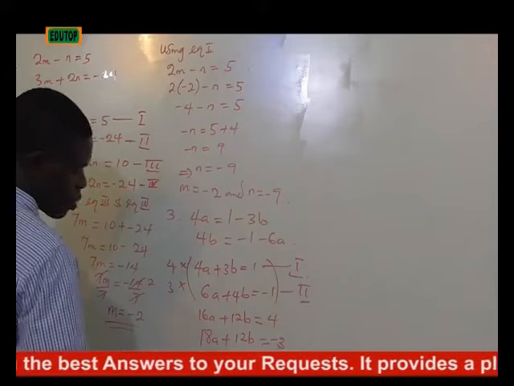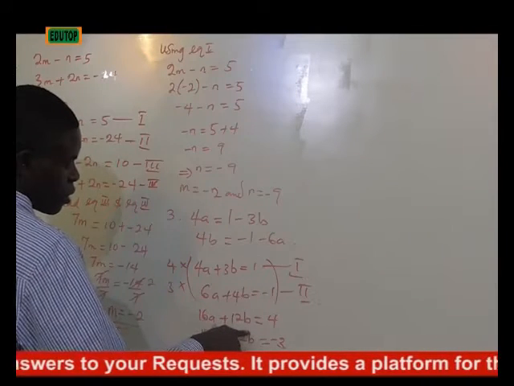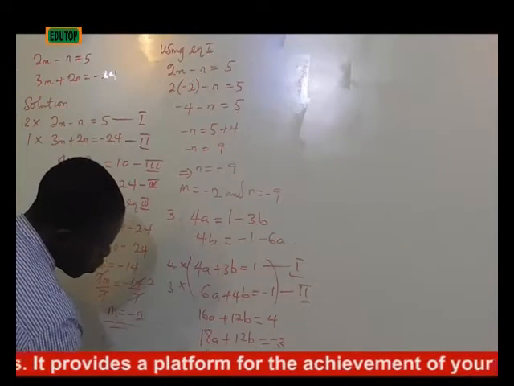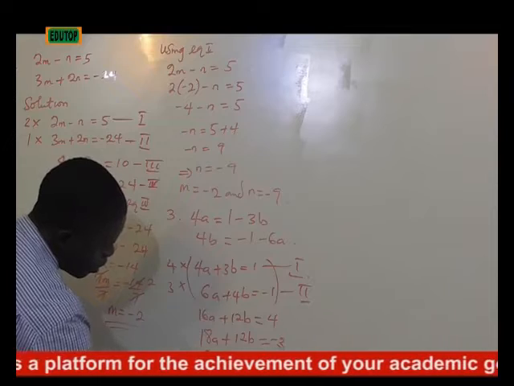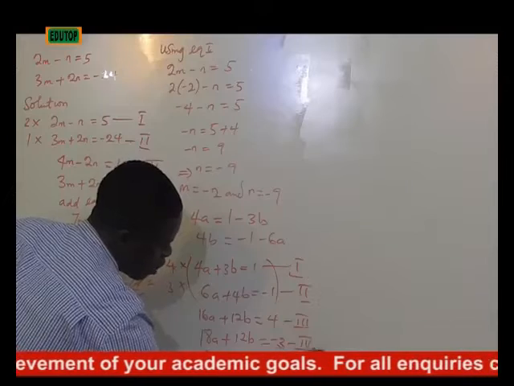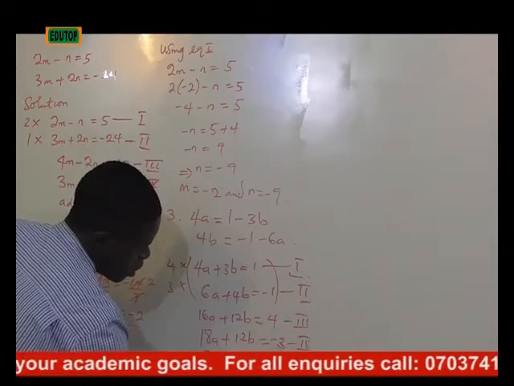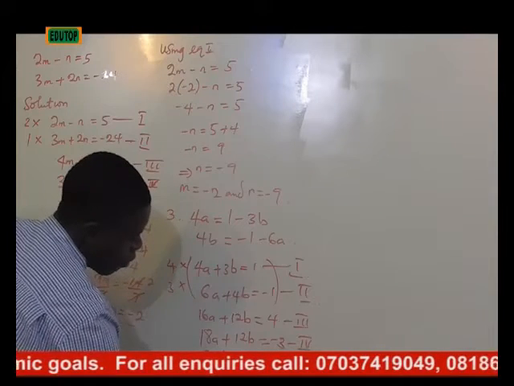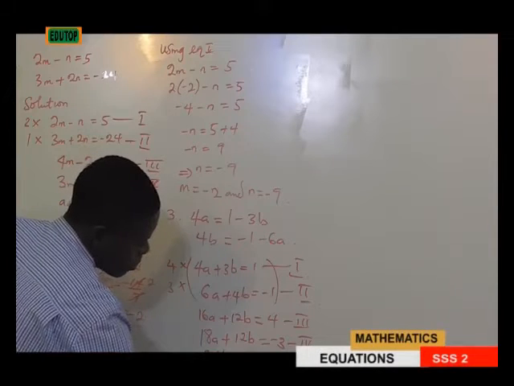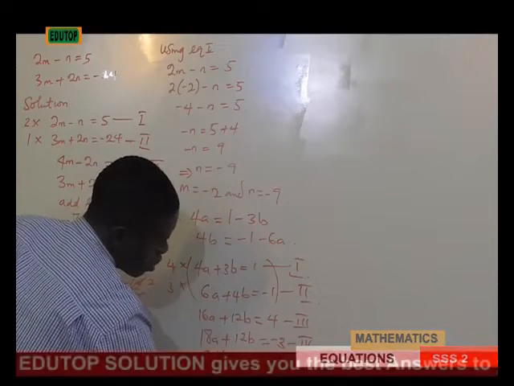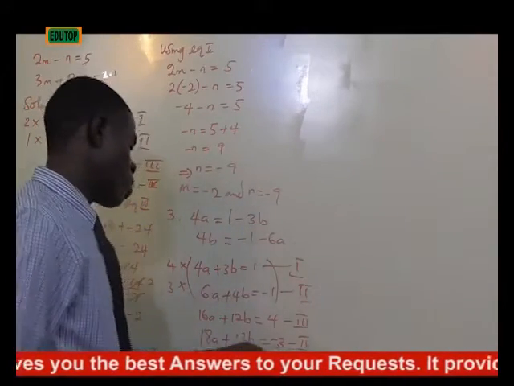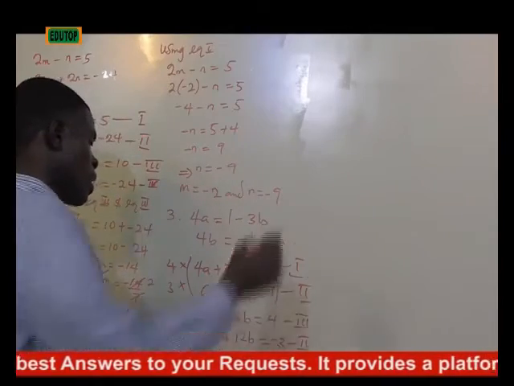Then I subtract equation 3 from equation, subtract equation, let's say this is equation 3 and let's say this is equation 4. Subtract equation 4 from equation 3. So if I subtract equation 4 from this, then I'll have